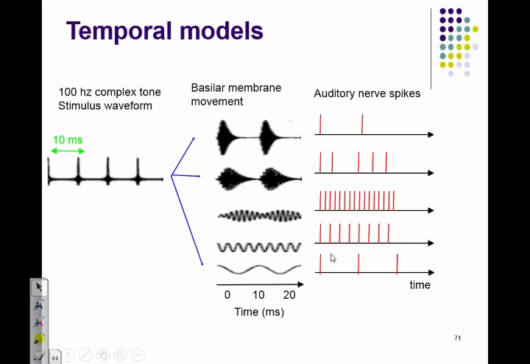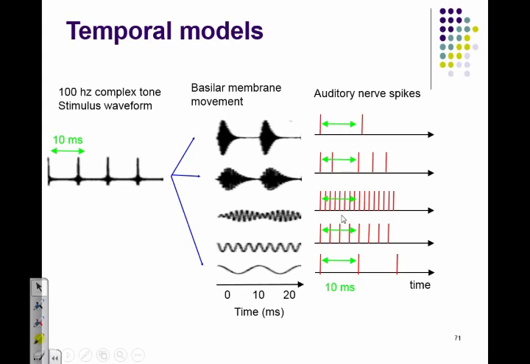So if we had 5 neurons and these 5 channels, this one would be, it's called phase locking. They would phase lock to 10, 20, 30 milliseconds. And this one would phase lock also, but here to the envelope and here to the fine structure. And the ones in the middle do something a little bit of both. They fire sometimes because of the fine structure, sometimes a little bit of the envelope, and this one doesn't actually code anything really. But the trick is, if you sum them all up and calculate the interval statistics, you'll find